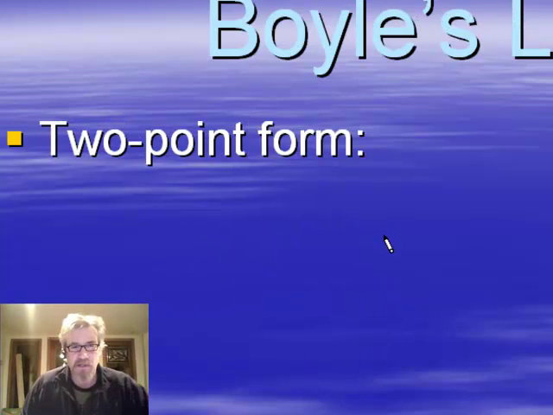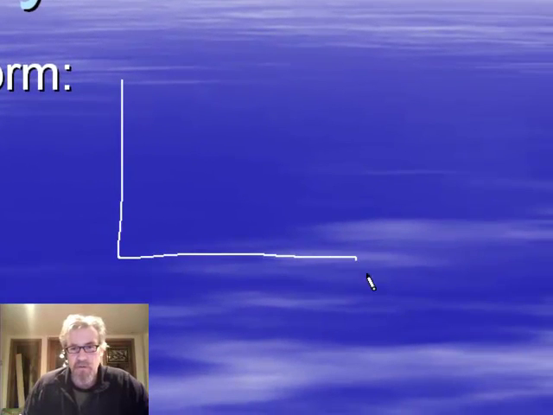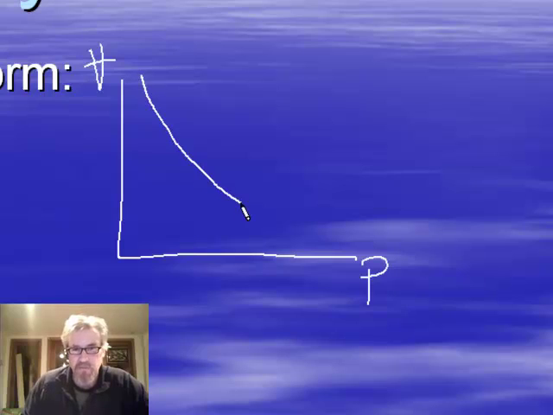What's really convenient in these gas laws is having a two-point form so we can compare two different conditions for the same gas. Let's take a look at this for Boyle's law. Imagine this shape of the curve, pressure versus volume, this downward slope. What this curve represents is a constant temperature sample of a gas. Any point that lies on this curve represents the same gas at the same temperature, but just under a different